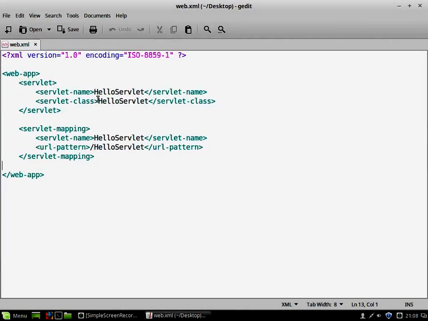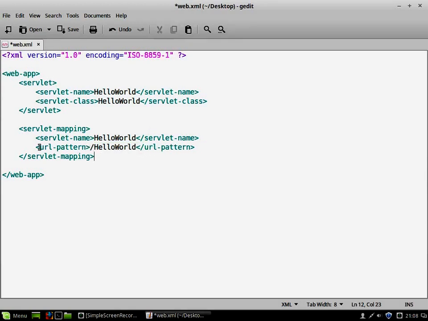In our case, the servlet class is HelloWorld, but here it is HelloServlet. Let's change it. Our class name is HelloWorld. Now we are telling Apache Tomcat that this is the class name. For this class name, you can set the name of the servlet. The name of the servlet can be anything, but to avoid confusion, or to avoid remembering a separate servlet name, I'll use the same class name and servlet name. I have kept them the same, but they need not be the same. You can use a different name as well, not a problem. And here also let it be HelloWorld, and here also HelloWorld.